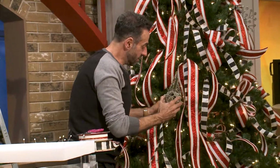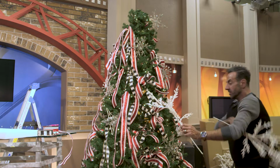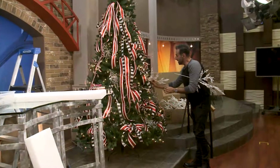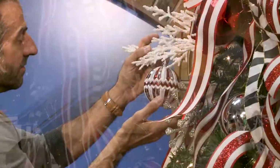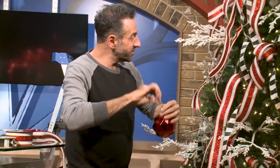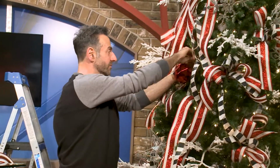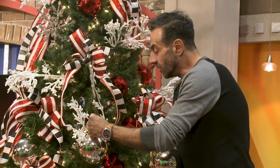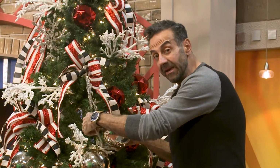And then what we're going to do is start adding these sparkle branches. I like to have these come out of the tree a little bit more than normal, so we can start hanging ornaments off of the branches also. So the next thing we do is start adding our largest ornaments, right? And then we want to work down, so it'd be from large to small. You always want all of your Christmas ornaments to look as if they're hanging free from leaning on a branch